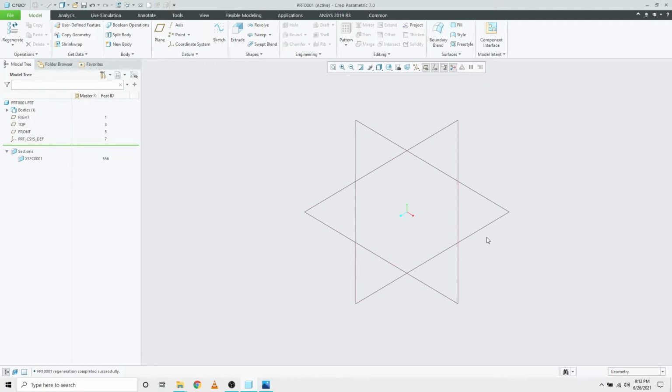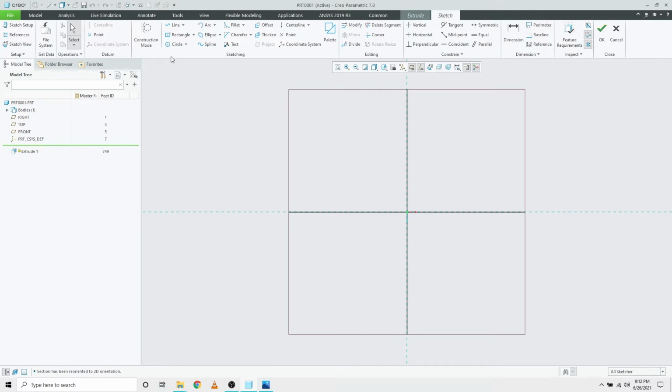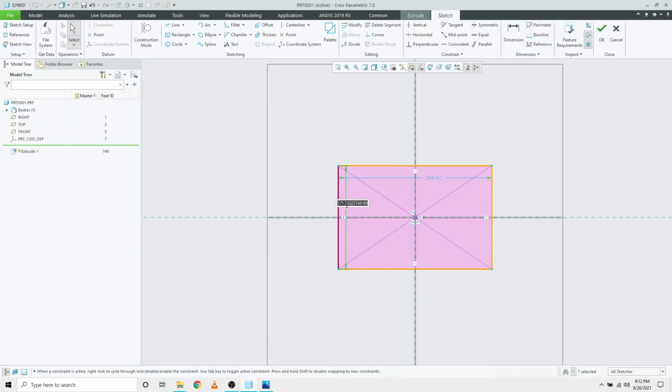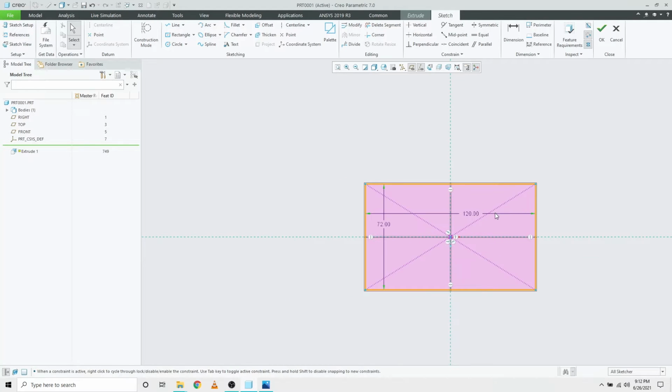I'm going into Creo Parametric. To start off, I pick the top plane and I start extruding normal to the sketching plane. I'm picking the center rectangle. If center rectangle is not visible, you can click this arrow to view different types of rectangle that are available. By default, I have set center rectangle. I'm gonna pick the center point and make this big. So I'm gonna give it a dimension of 72 here, and I'm gonna give it a dimension of 120 here.